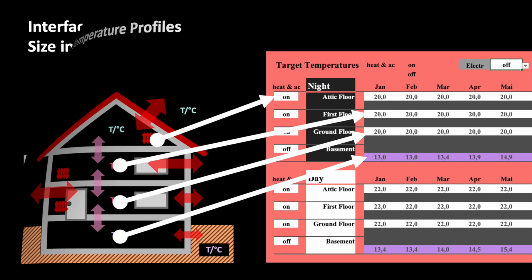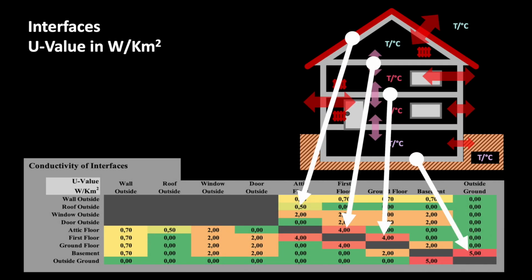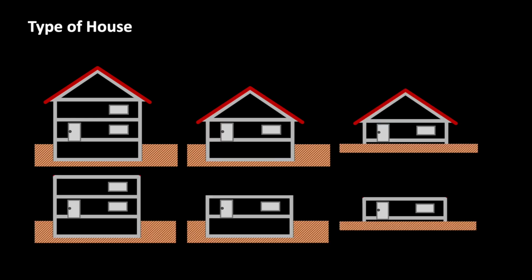Predicting the energy consumption of houses is a good base to make an educated decision about renovation measures. In the last episode, I explained how to map and simulate different pitched roof houses in our Excel tool. Today I will explain how to map a house with a flat roof. And as always, there are also interesting effects to see.